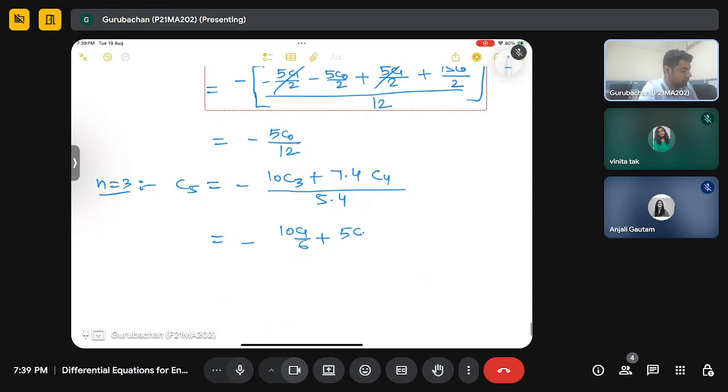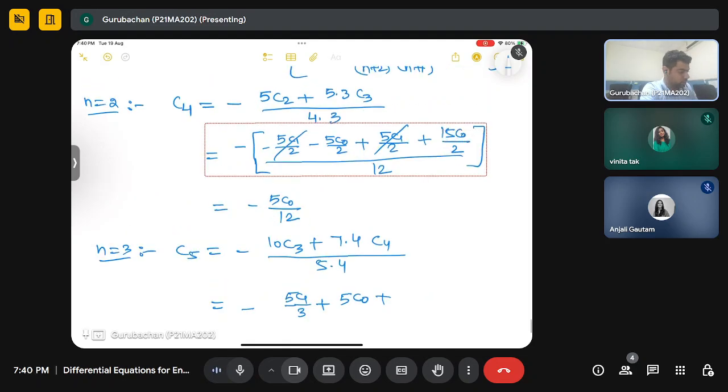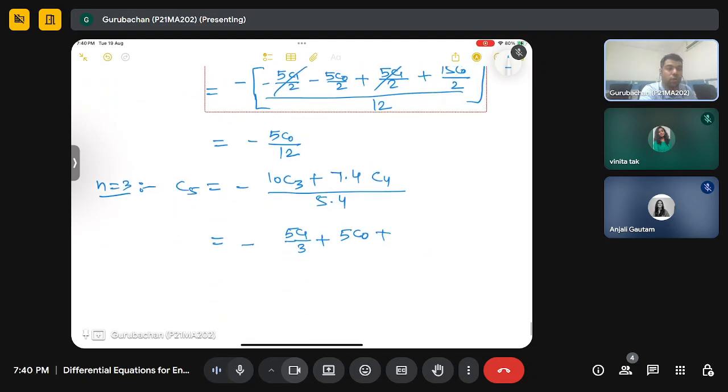That is 5 C0, and this will be 5 by C1 by 3 plus, so C4 is minus 5 C0 divided by 12, so it will be